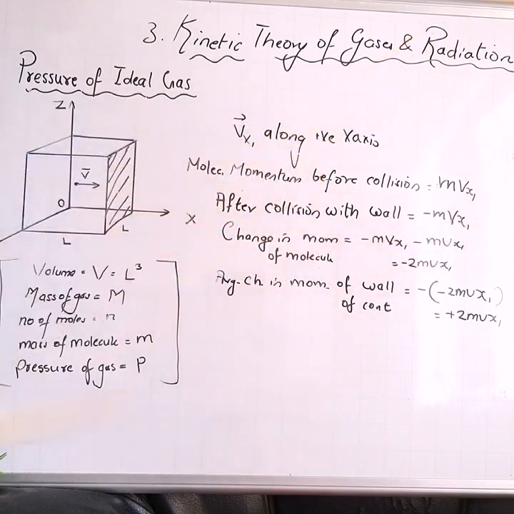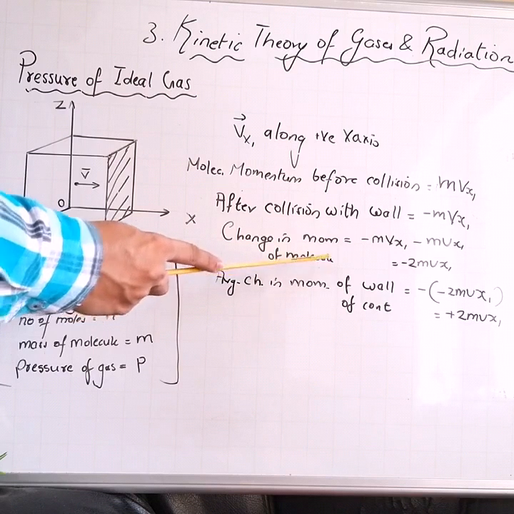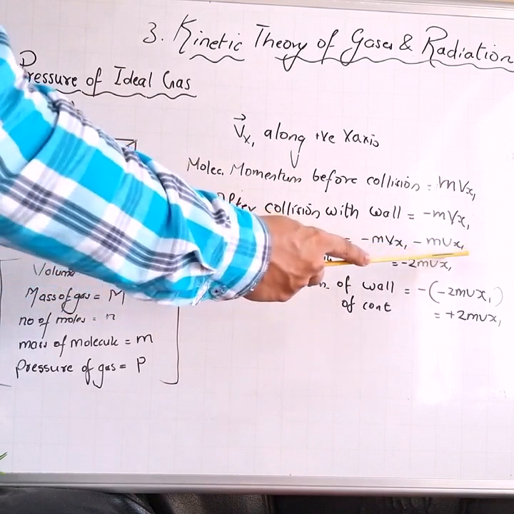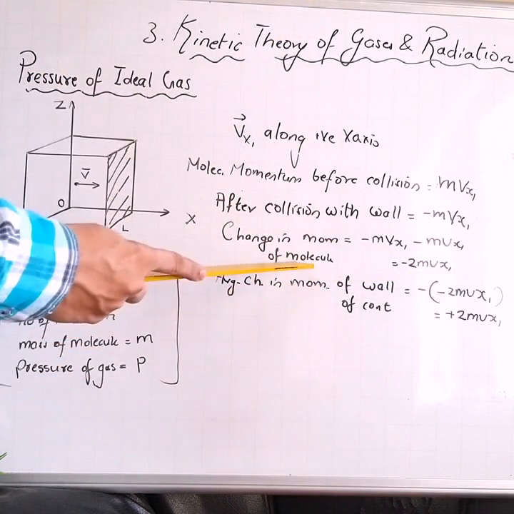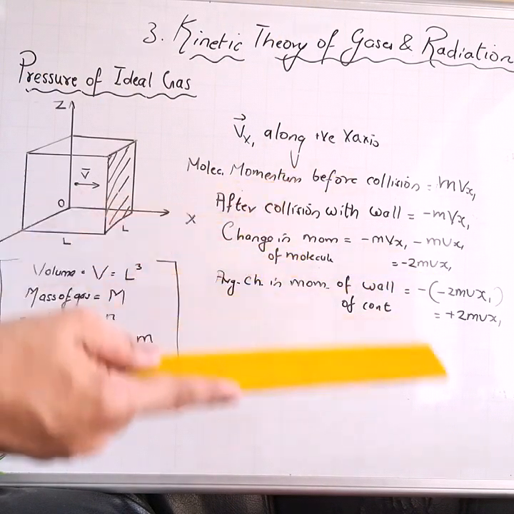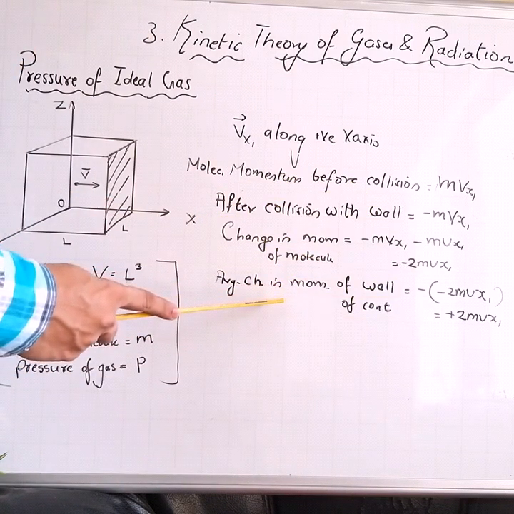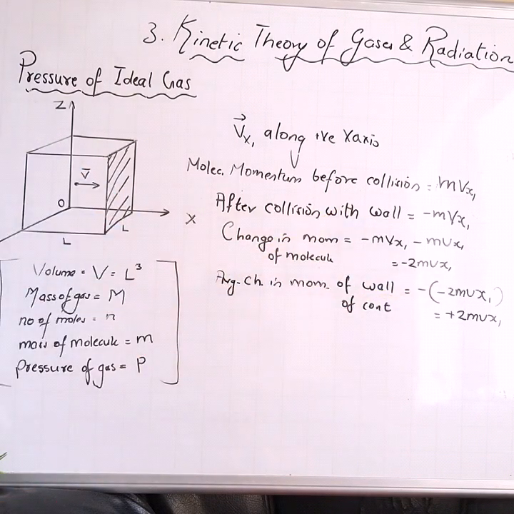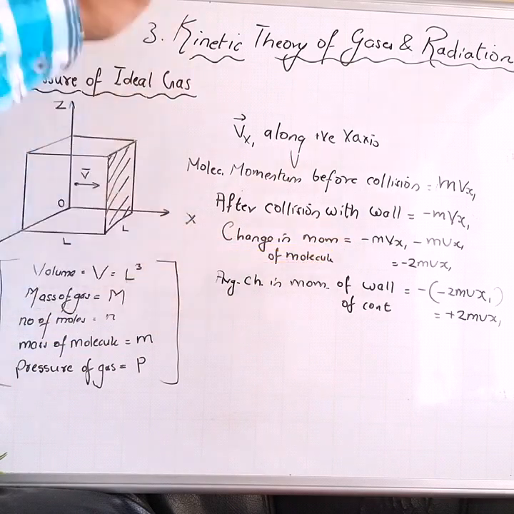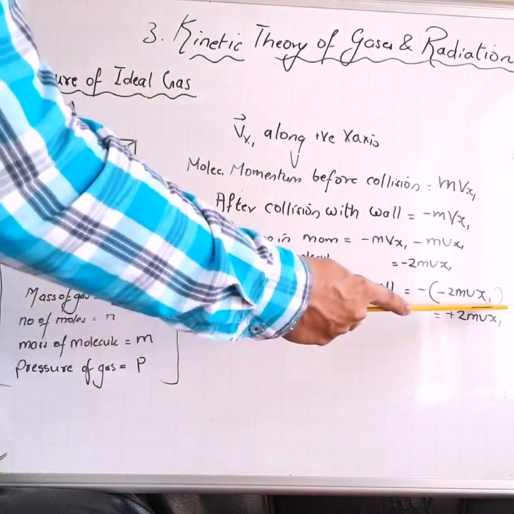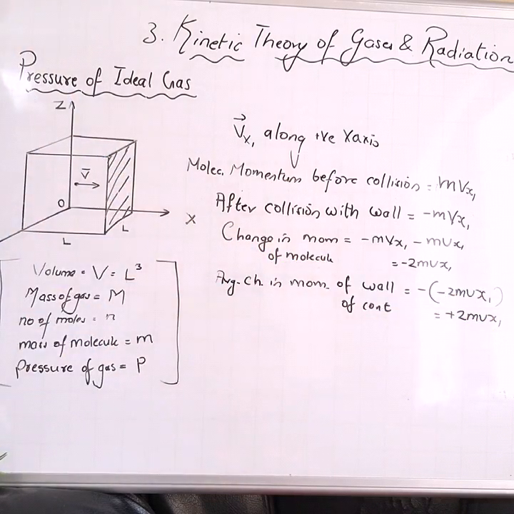Minus m Vx1. Now what will be the change in momentum of the molecule? Minus m Vx1 minus m Vx1 is minus 2m Vx1. Is it okay? The change in momentum is final momentum minus initial momentum. Now what is the change in momentum of the walls of the container? It will be the negative of the change in momentum of the molecule. So minus of minus 2m Vx1 equals plus 2m Vx1. This is the change in momentum of the